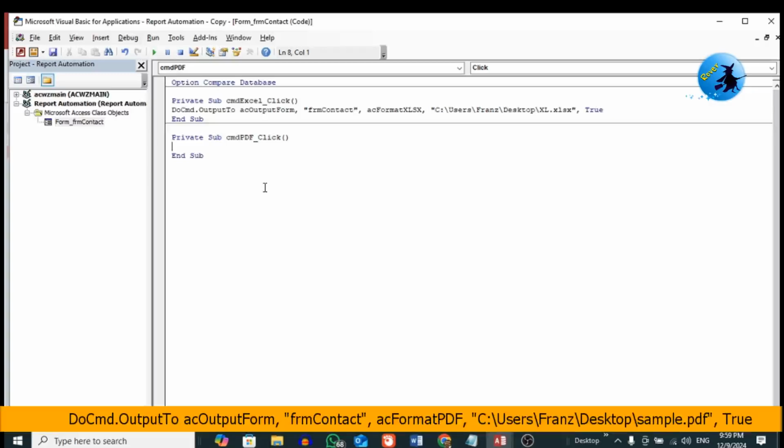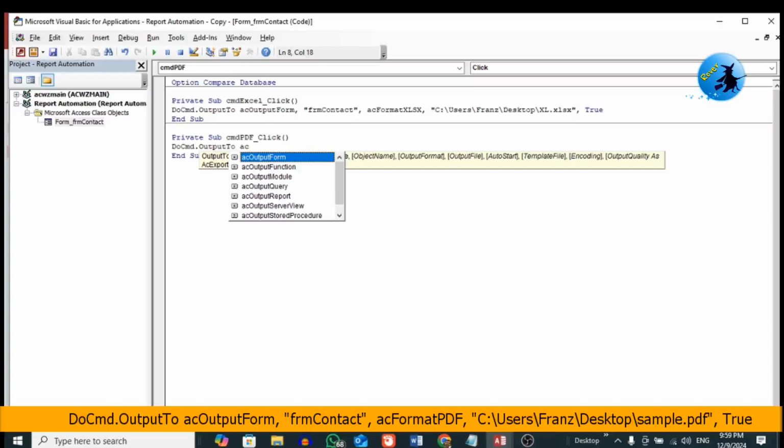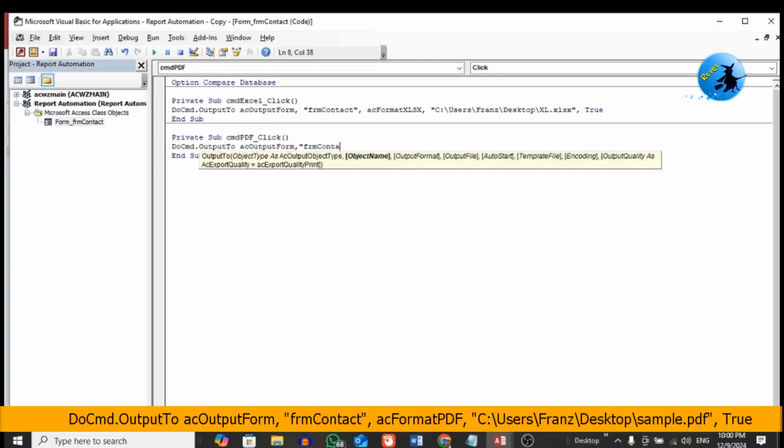Again, DoCmd.OutputTo, then acOutputForm, comma, again the form name, close inverted commas, comma, then here you see acFormat. You need to give acFormatPDF, then comma,